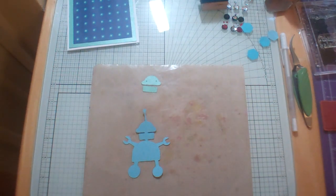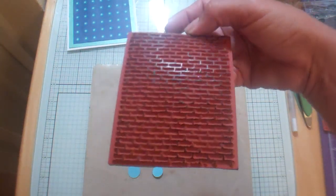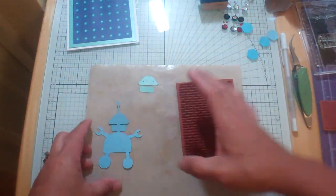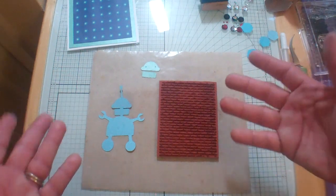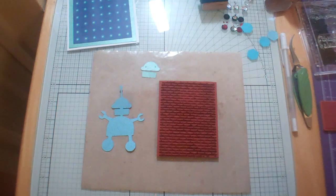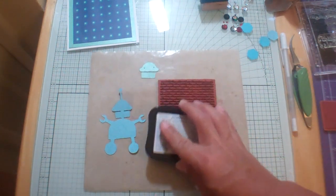If you're new to the cartridge. Okay, what I have here is a Stamper's Best stamp. It's the brick wall one, which I know I'm going to get tons of use out of, but I didn't realize that you could use it to make a Lego looking robot. So what I did was I took my Memento